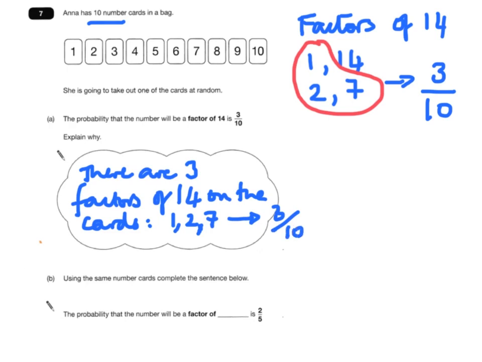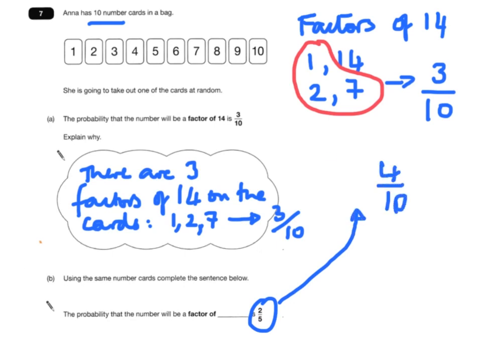And then we've got a bit of trial and improvement. It says, using the same number cards, complete the sentence below. The probability that the number will be a factor of something is 2/5. So 2/5 is the same as 4/10. So 4 out of the 10 cards need to be factors of something. So I tried 8, and I was lucky because